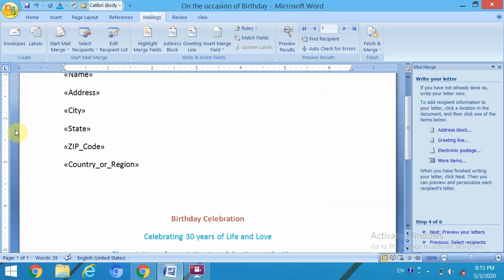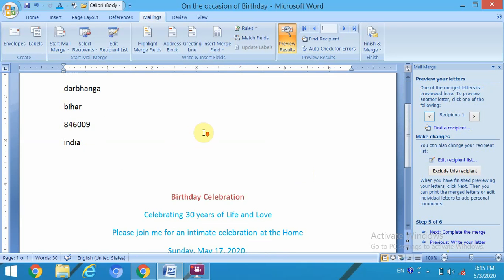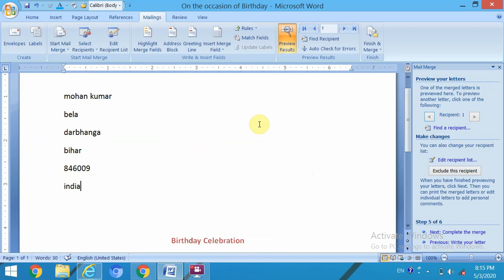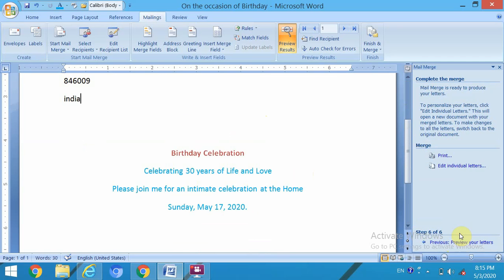When completed, click on preview. It will show the list that you typed in a file. Then click on merge. Next, merge the range.